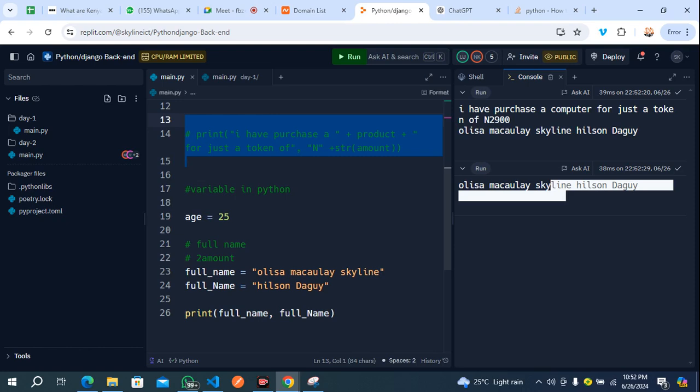Let's do something to assign. Before we do that, let's go more in depth, more advanced in variables. Now, like I explained earlier, a variable holds a value, something very valuable.